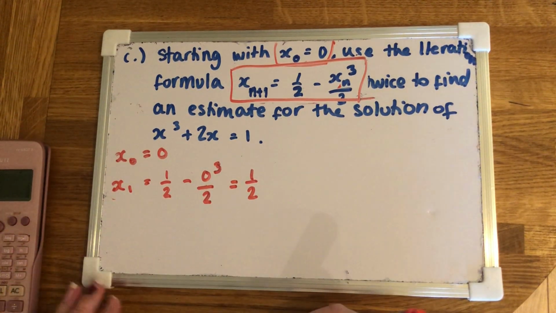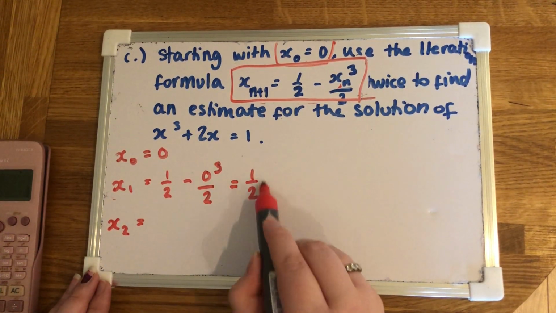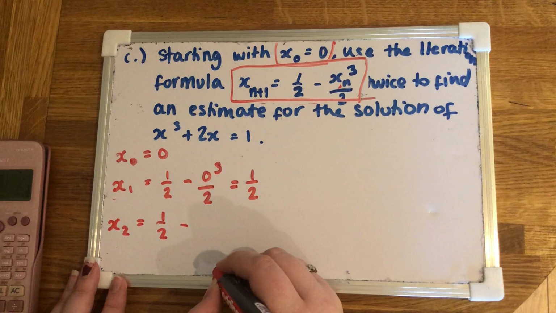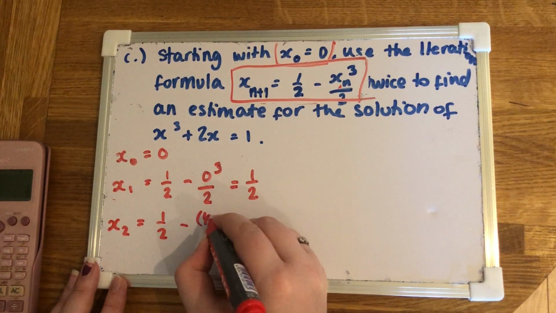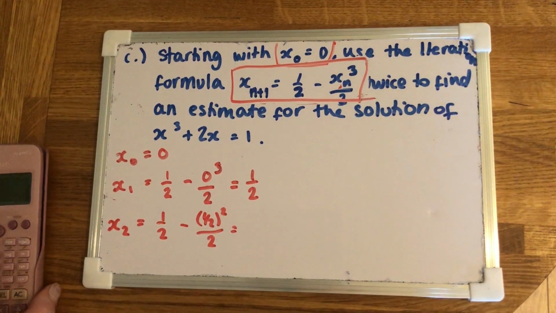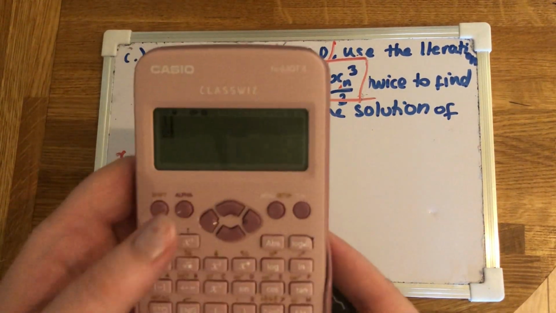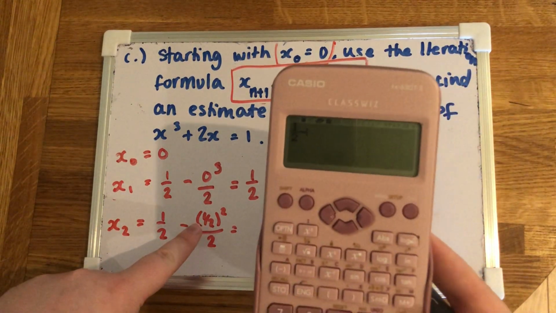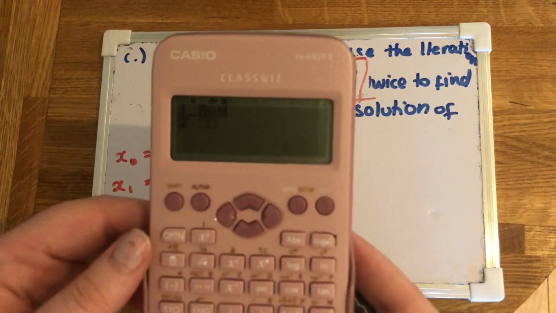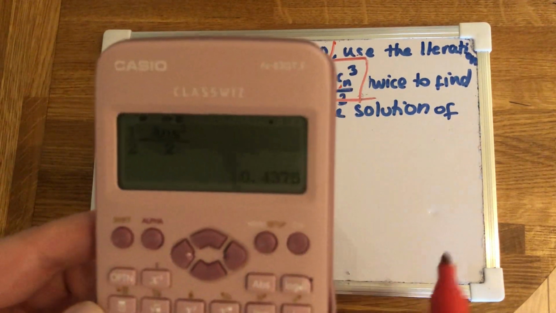Okay, once we've done that, to find the next one, rather than using the 0, we're now going to use the half, which is the number that we've just worked out on the previous step. So again, I'm just going to rewrite the formula, but I'm going to change the 0 here to a half. I'm only putting it in brackets so that you can see it clearer. You don't need to put it in brackets. And again, we just type that into a calculator. Now, the trick is, rather than typing a half in, I'm going to just click answer, because my answer button already has a half in it, because that's what I wrote before. So answer cubed divided by 2 equals